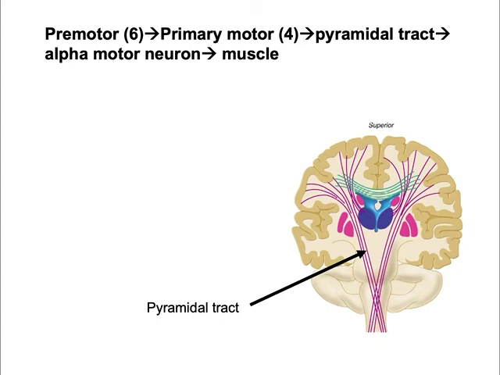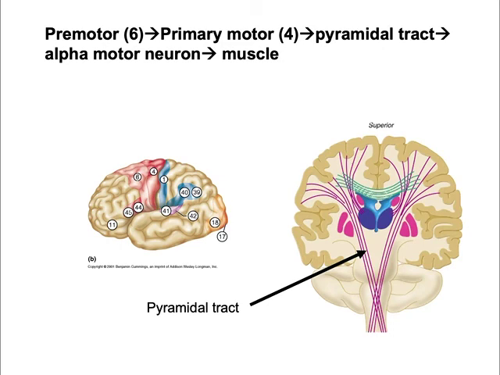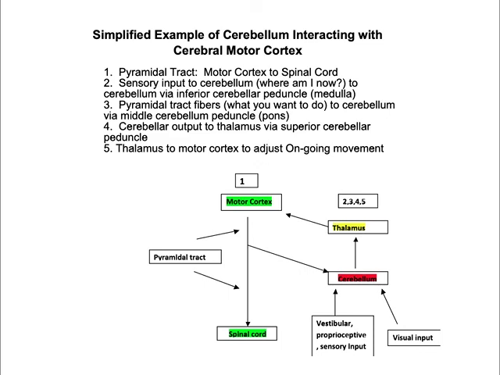Okay, so it's sort of like getting an okay to go ahead and do the action plan. Now, when that happens, some of that information in the precentral gyrus is going to go to the cerebellum. The cerebellum will then compare that information to sensory information, and if there is an agreement, everything's cool. If there's a disagreement, what will happen is that the cerebellum, because it's using input from your balance, your proprioception, and your special senses, will then adjust that motor action plan, send that information back to the thalamus, and